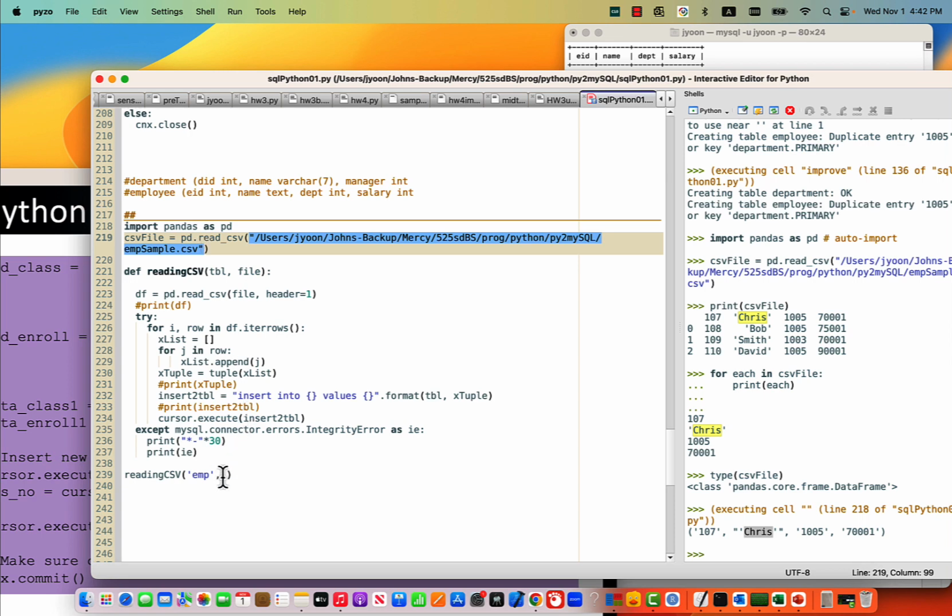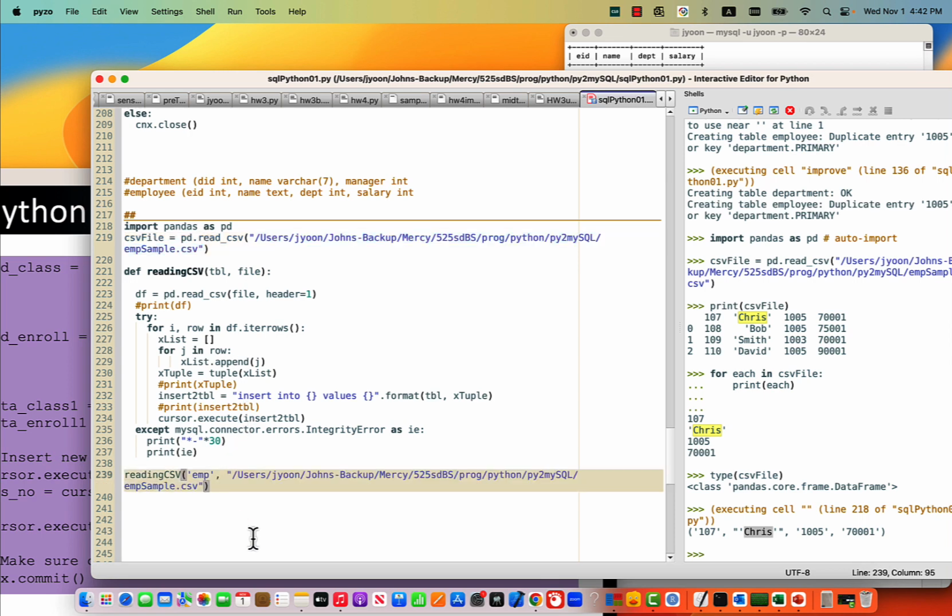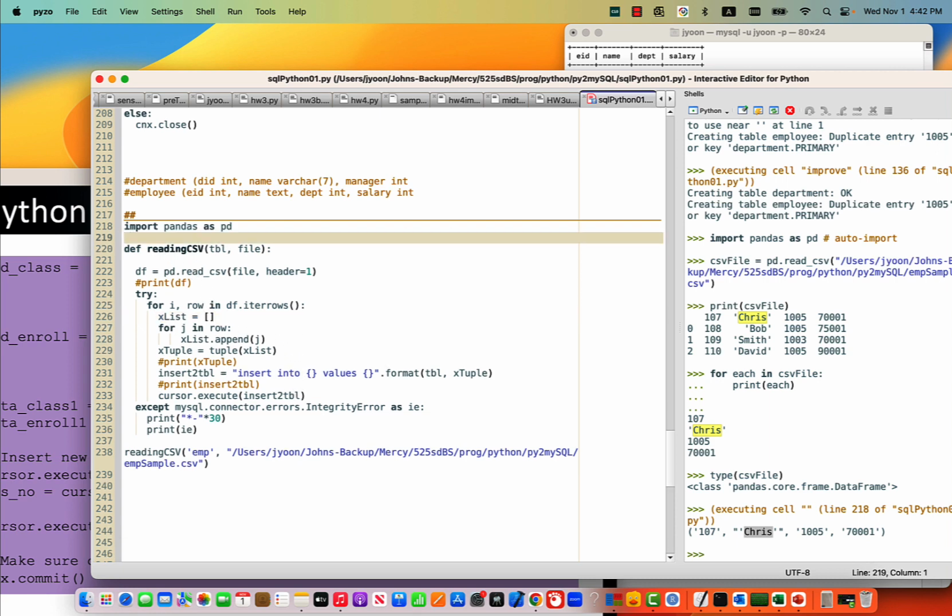So I simply call it, and then what this has done is table name EMP, and file path expression, this is file expression, and then read